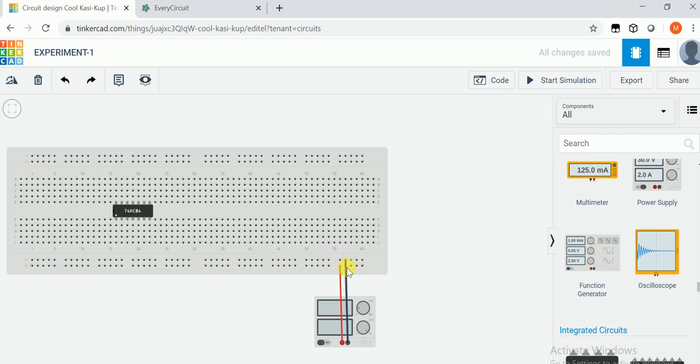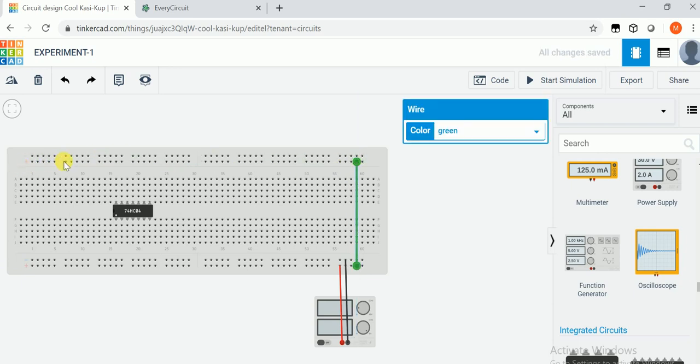Also short this line by clicking here and going to this portion. Now this complete line will be the positive supply, and now connect the negative to the ground.